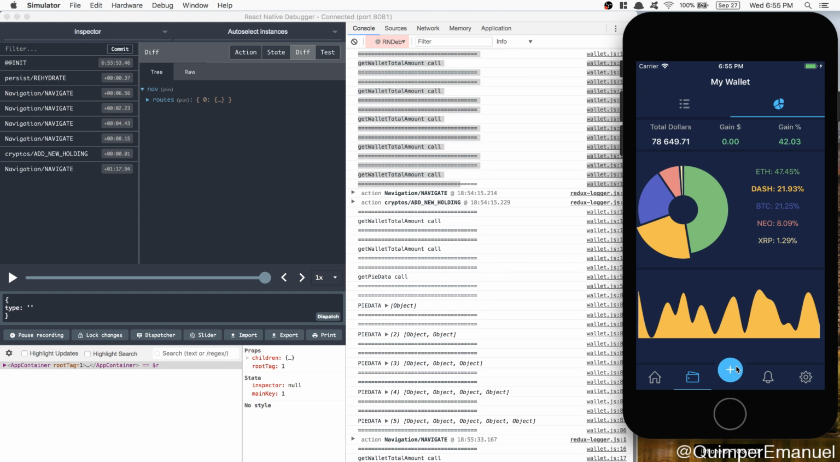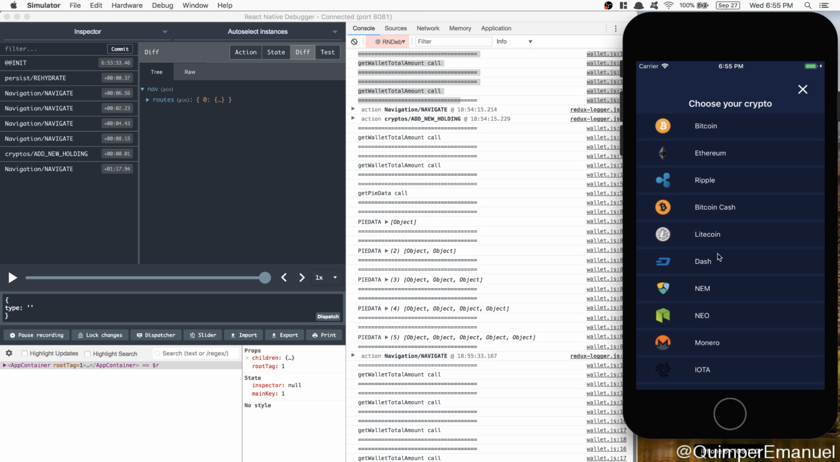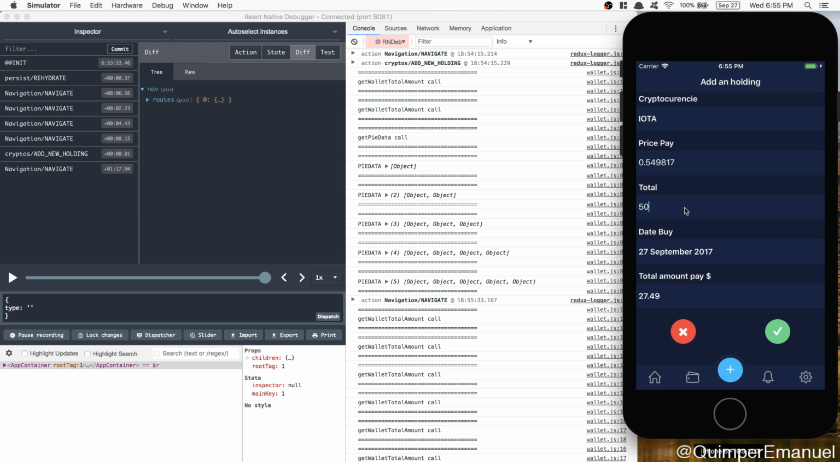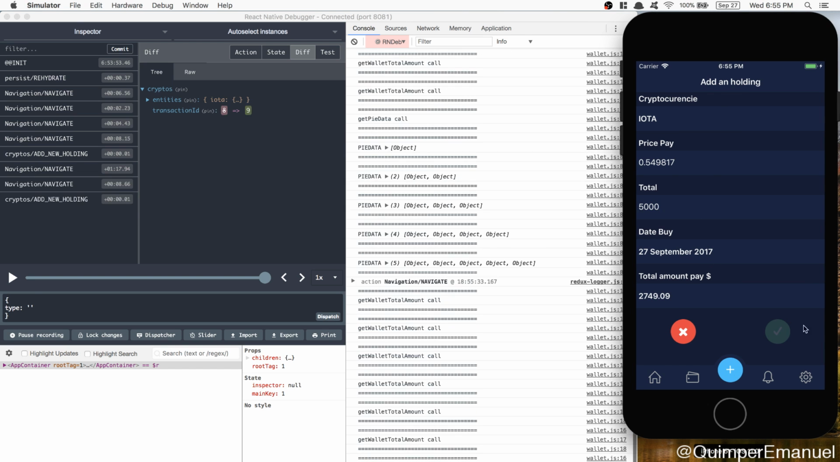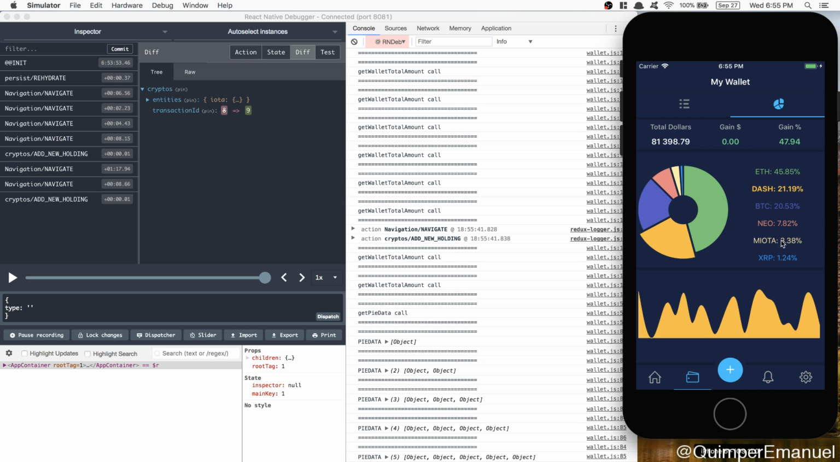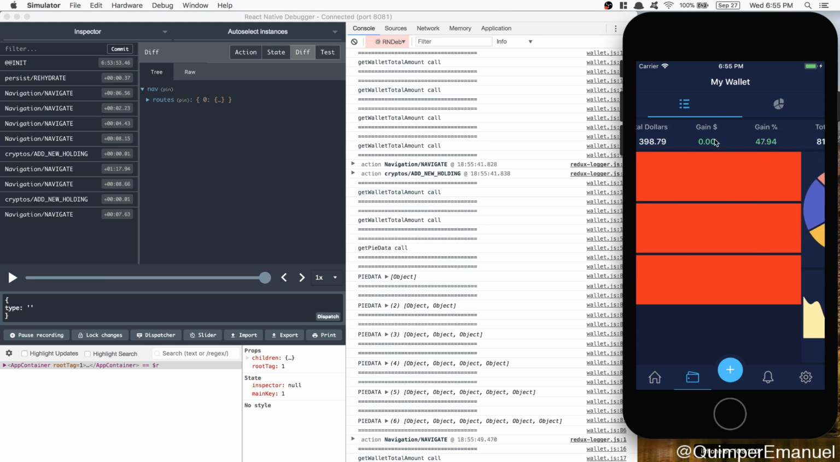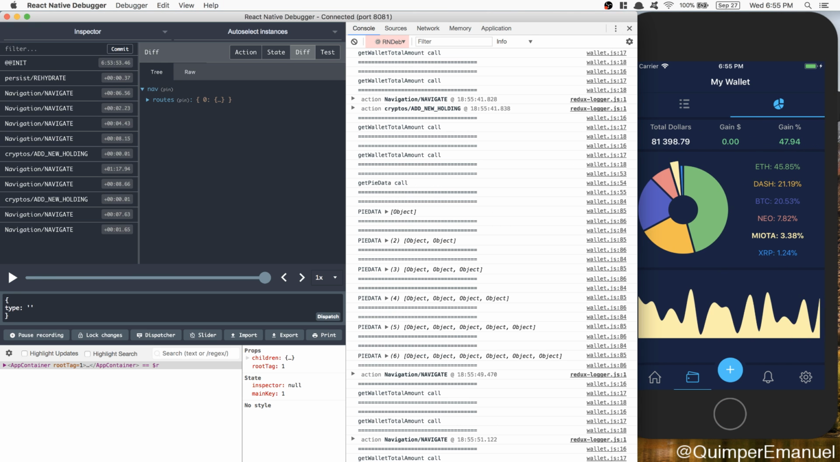Yeah. Just for retesting, we're going to add, I don't know, like IOTA. I'm going to add 5,000 IOTA like that. I'm going to save. And now I get my IOTA right there. And this thing has changed, this thing has changed. This thing has changed too. But as you can see, the Pi is perfect, the selector is perfect, but this is the thing I think,